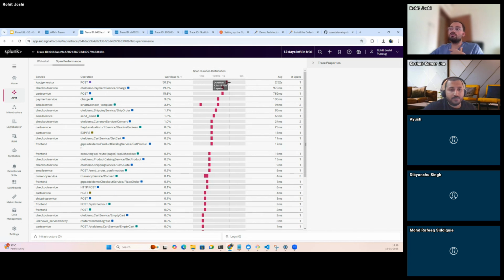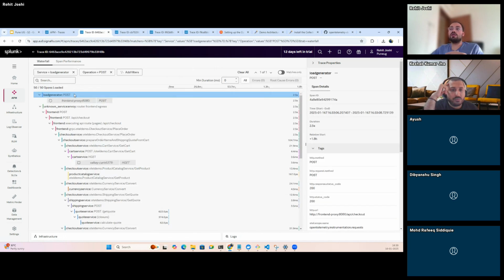For the developers also, they can figure out, for example, that when going into checkout service, this load generator is taking 2.52 seconds. Why is it taking 2.52? It should be within 1.5 seconds. So we can fix our APIs. We can have a look at a granular level, at what point it is taking time. So if I click on this particular one,